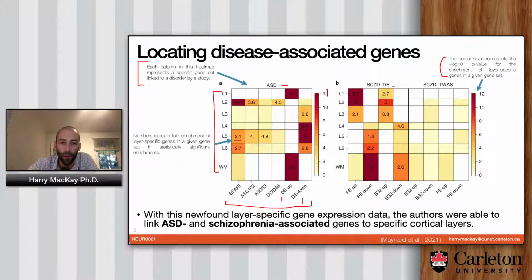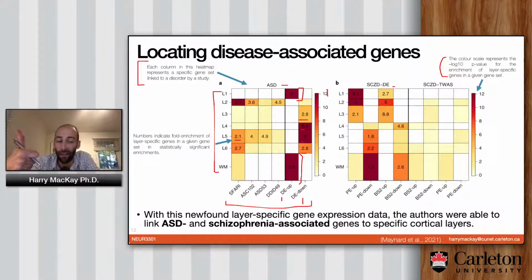So what this shows is that genes that are upregulated in ASD brains are 5-fold enriched among layer 1 cortical neurons, as well as 2.5-fold enriched among the white matter. And genes that are downregulated in brains of people with ASD are enriched in layers 3, 4, 5, and 6. So a way to boil this down is to say, well, we knew